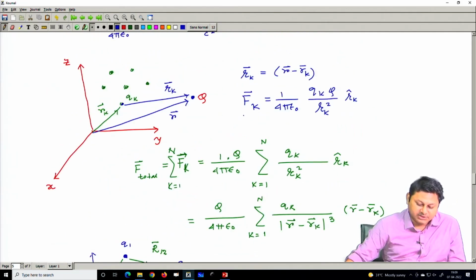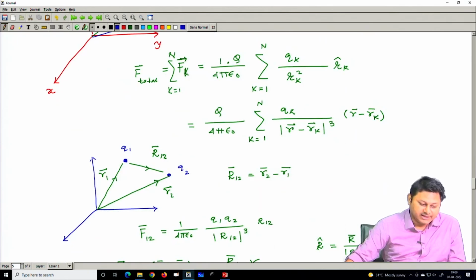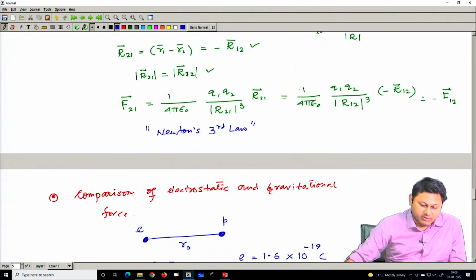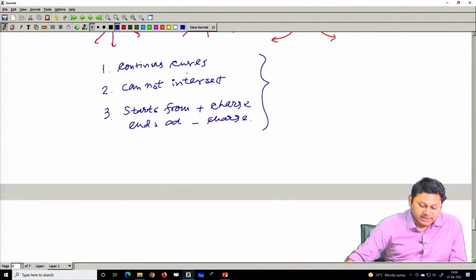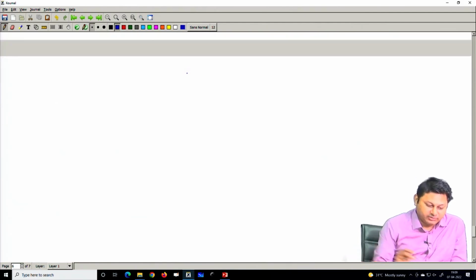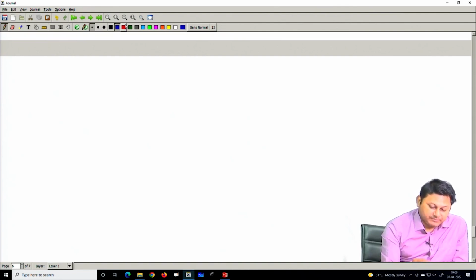So, F_k is a summation. So, F total is a summation of F_k. Now, if I try to understand what happens for the electric field for multiple points, then the same thing will appear here. So, the electric field, the same thing we do for the,